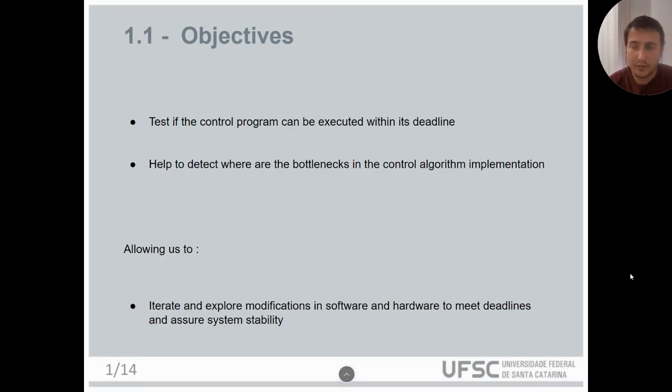So the main objectives of this paper were to test the control programs used in our project and see if they could be executed within the deadlines, and to help detect where the bottlenecks are in the control algorithm implementation. This would allow us to iterate and explore modifications in software and hardware to meet the deadlines and assure the